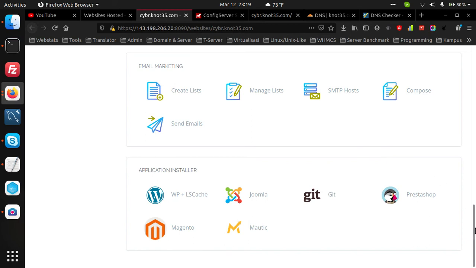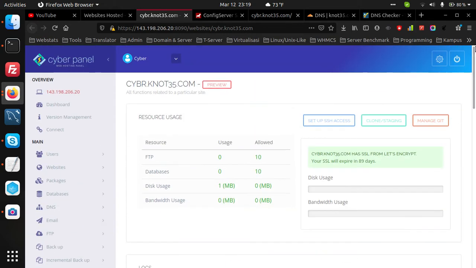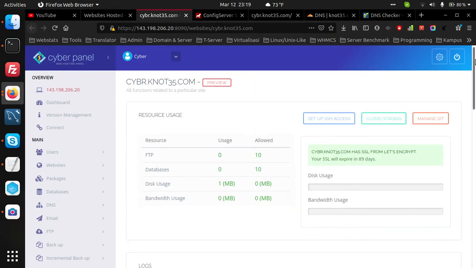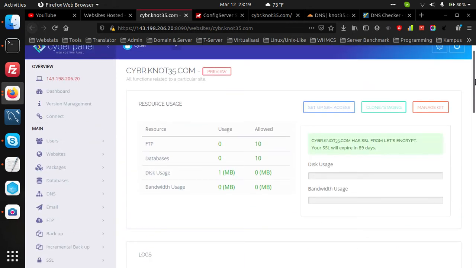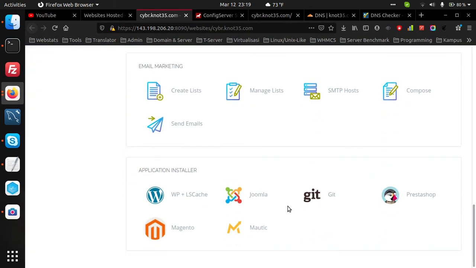Maybe we can install Joomla or PrestaShop, so it will make your work easier, or WordPress with LSCache.